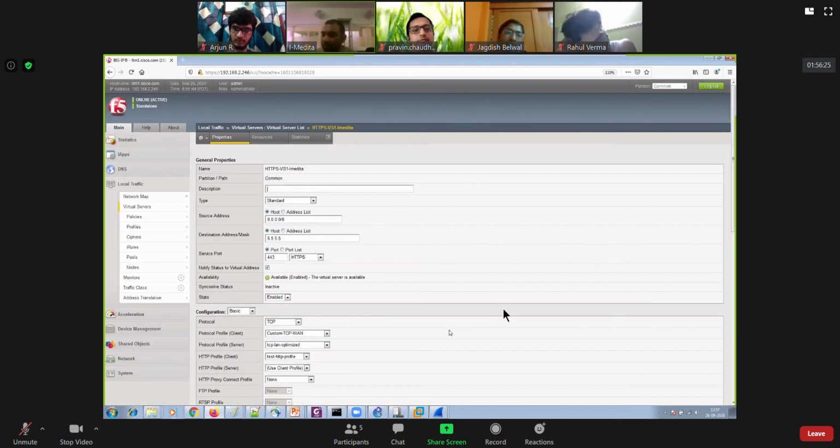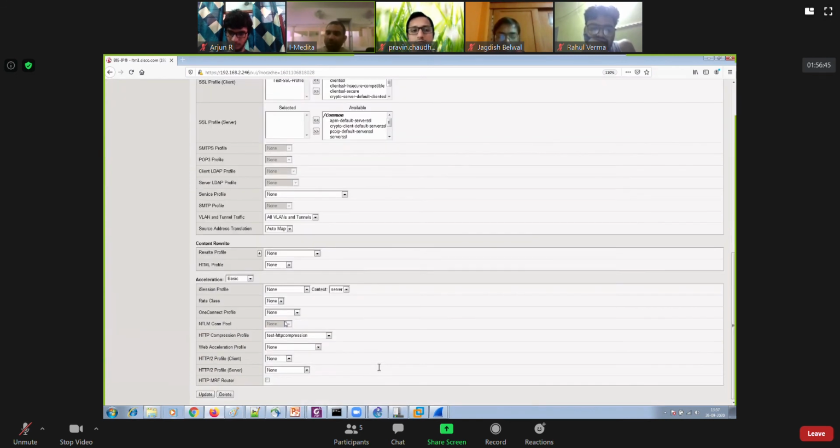Now caching is also possible. Once a user has accessed a website, thereafter BigIP can cache that data. Next time, if the next user comes in and tries to access the same content, then BigIP can respond on behalf of the real server. So it will also improve the performance, right? That's why all these features come under acceleration.